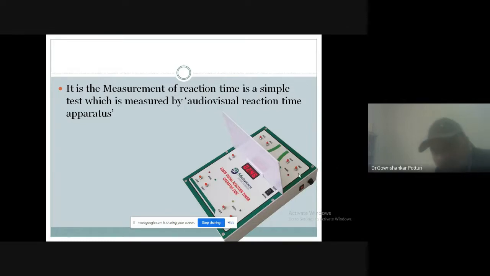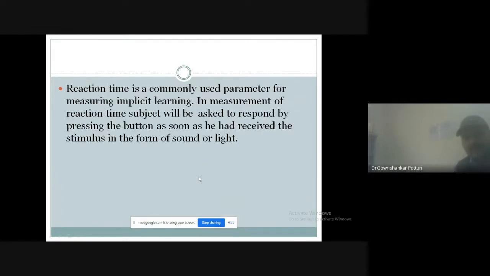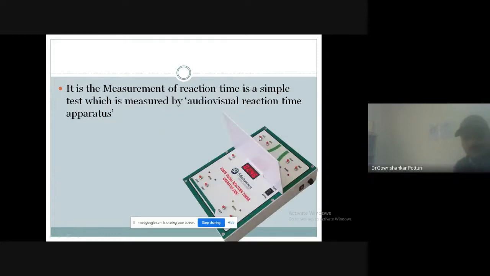See, here you have four switches: high pitch, low pitch, green and red light. With his index finger, he has to press the keys. From here, the operator will be giving the signal. Suppose he has given this signal, immediately he has to press the same key. What he is pressing will not be seen because of the screen in between. I think this is clear for you.